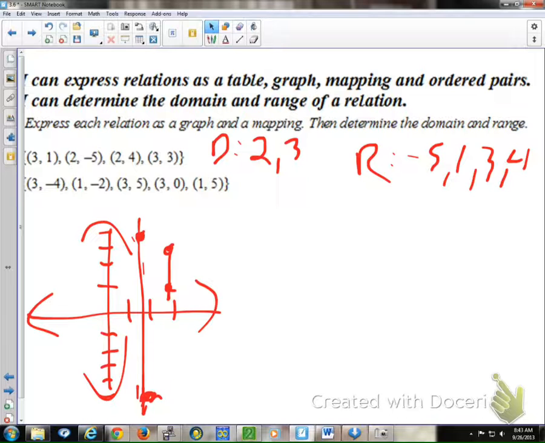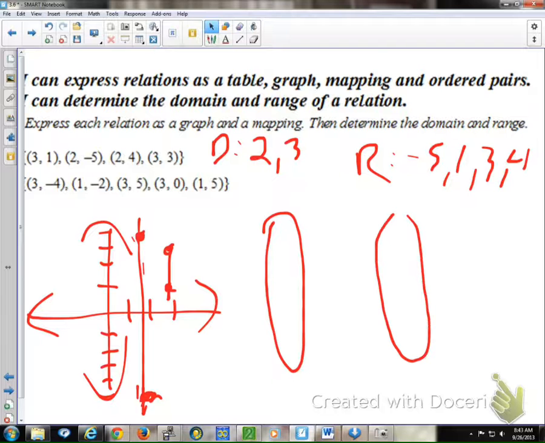The reason they have you do the mapping, and I always think it's easier to do the domain and range before the mapping because then the numbers you need to put in there are staring you in the face. Your x's are just your domain and your y's are just your range. The whole point of a mapping is every x value should only go to one y value. Now the y values can, like we said, repeat as many times as they want, but you should only have one line coming out of each x value. But that's not the case here, is it?